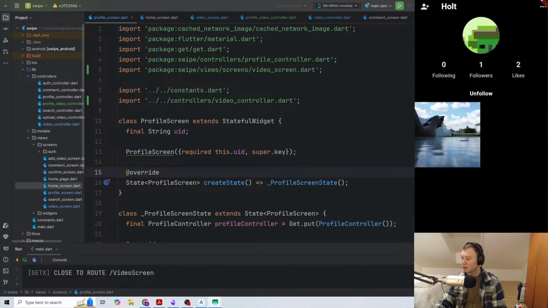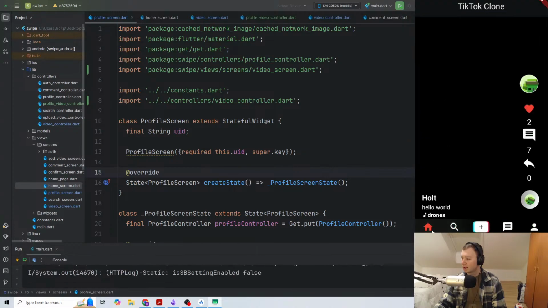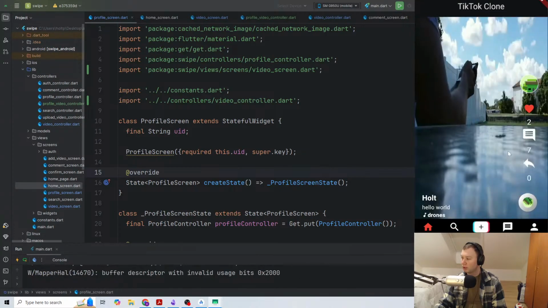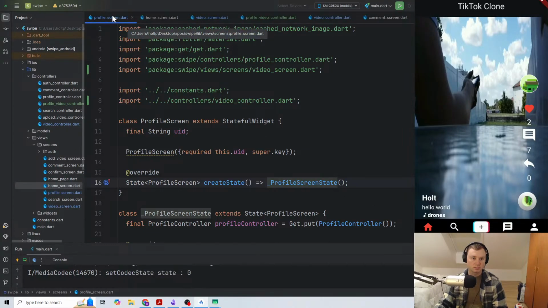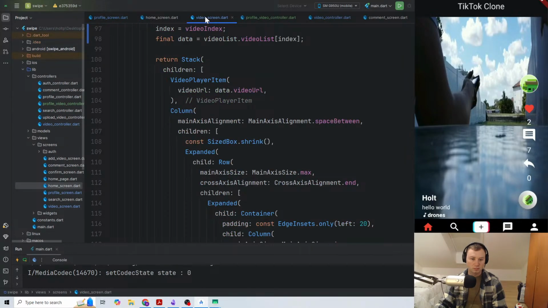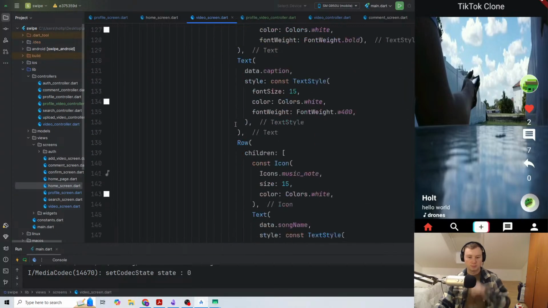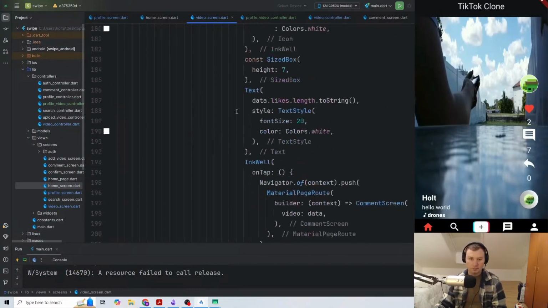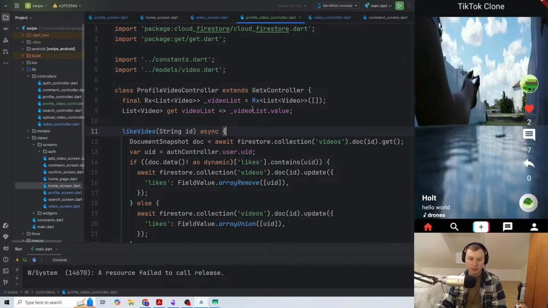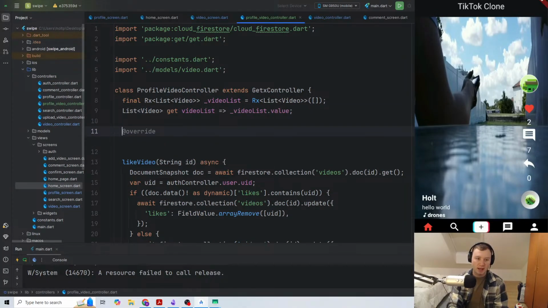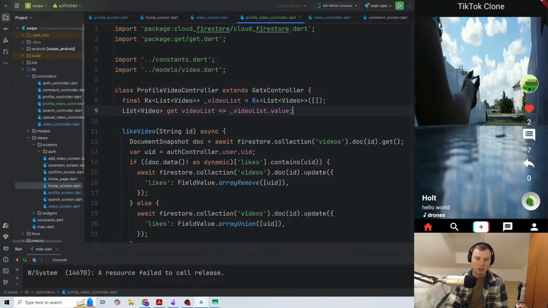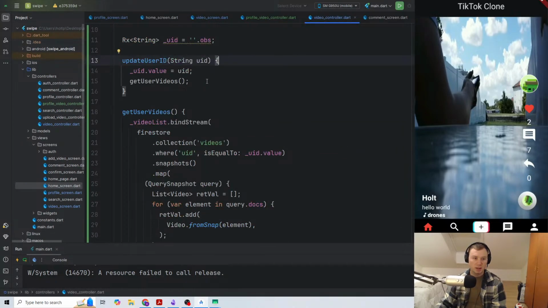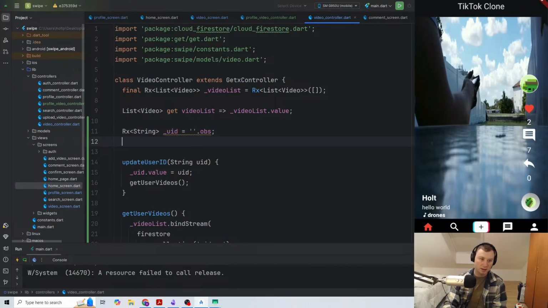Oh, it just hadn't updated yet. But now if I go back, I can only show this user's. So really what I need is the video controller to have, not the profile video controller. I need the video controller to have a